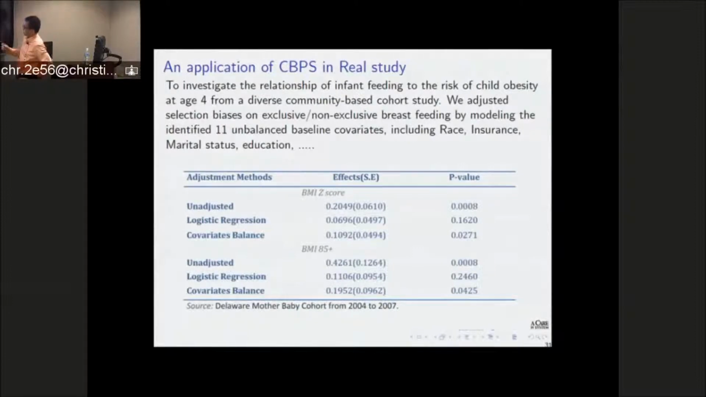We compare the main effect on the BMI Z-score and the BMI 85 plus. That means we dichotomize the BMI into the normal and the obesity group. We compare the unadjusted model estimation, adjustment based on logistic regression, and adjustment based on the covariate balancing method. So we can see the logistic regression